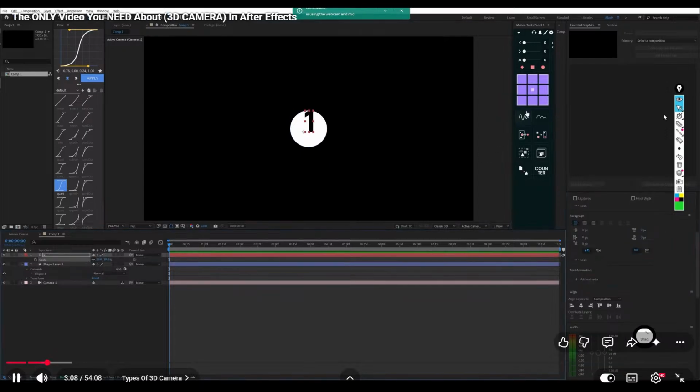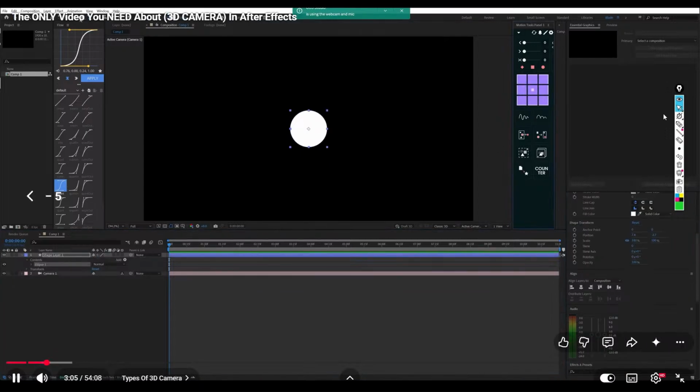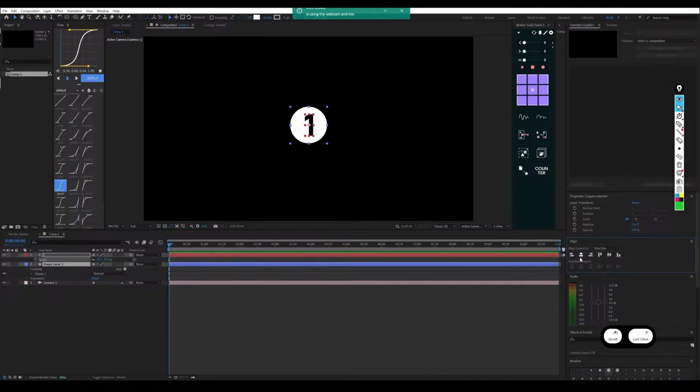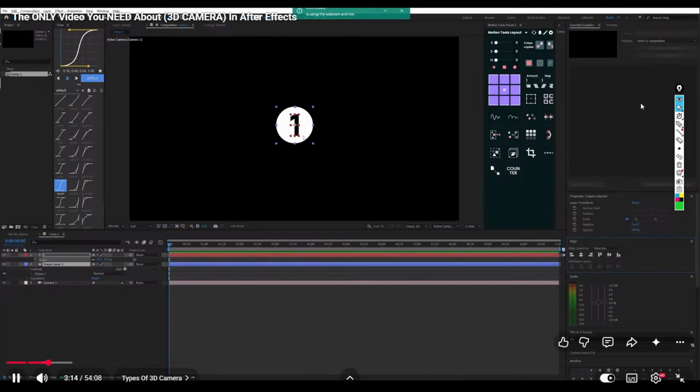Let me scale it down, set the anchor point in the middle, create. I'm gonna just label it with the number 1. Let me scale it down, set the anchor point in the middle, select both, and then center them vertically and horizontally. But I still can't